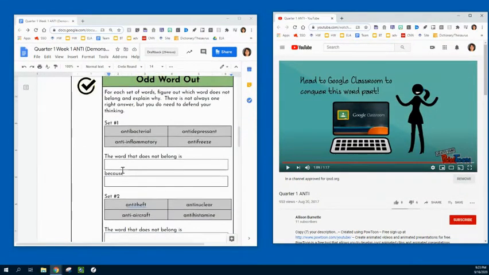Then the next section, for this part, it's asking you to figure out which word, in the set of words, is the odd one out. So you're going to look at the 4 words that they give you and decide which of those 4 doesn't belong with the others. Now, there could be more than one right answer. So it's important that you write a response in this box, because that's going to be the key to your thinking. So if you're looking at these words, antibacterial, anti-inflammatory, antidepressant, and antifreeze,